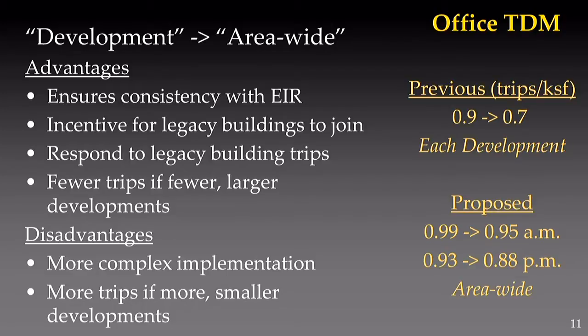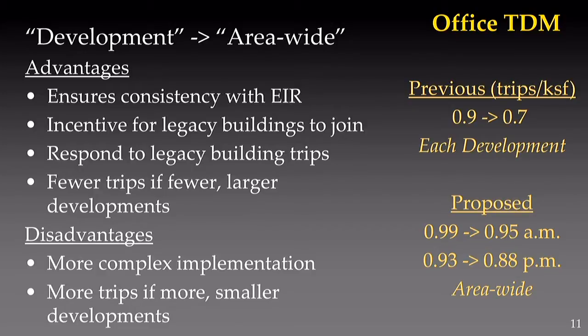Staff is recommending an update to the office TDM requirements. Instead of the draft precise plan, which has the TDM requirements on a development-by-development basis, the previous was a near-term requirement of about 0.9 extending to a long-term requirement of about 0.7 trips per 1,000 square feet. Staff is recommending using an area-wide standard,